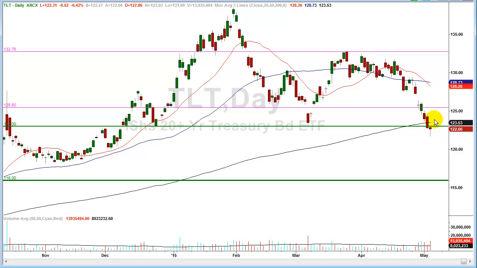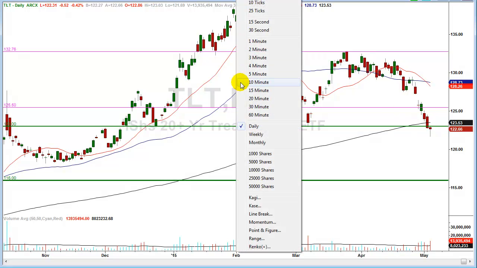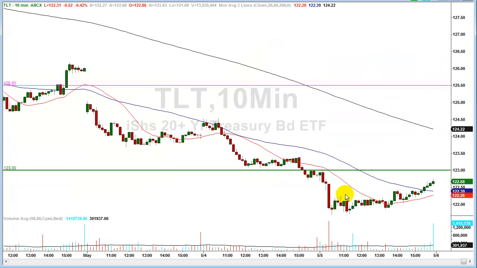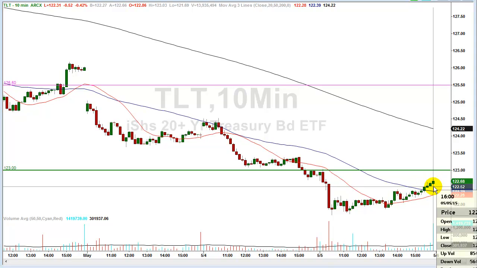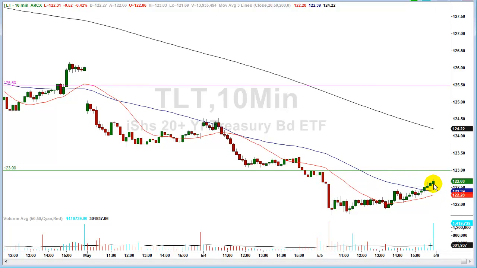And if it recaptures this line and it begins to move higher and it looks like we did put in a low, I'll reassess at the time. But you have to understand that I was serious when I said the market didn't close above this low. Now, if you look at the last part of the day, look what happened. They made a run for it. They made an attempt to get that number, and they hit a high of 122.75, so they achieved it, and then it got knocked back down.